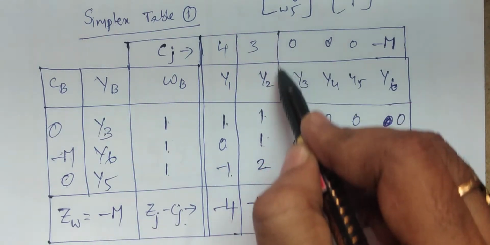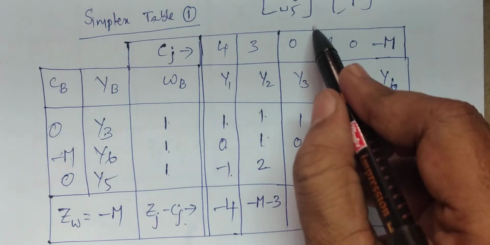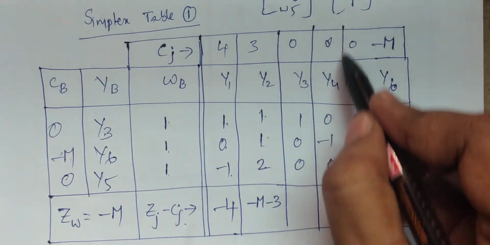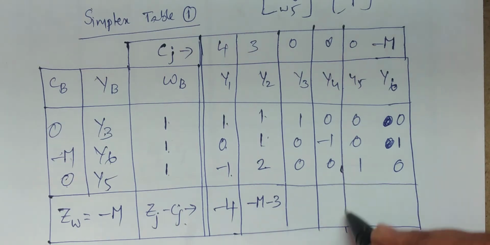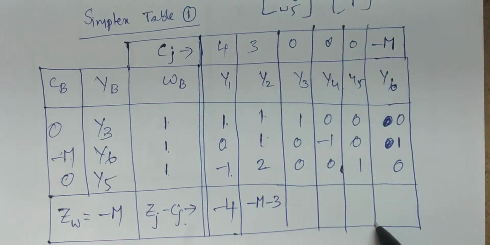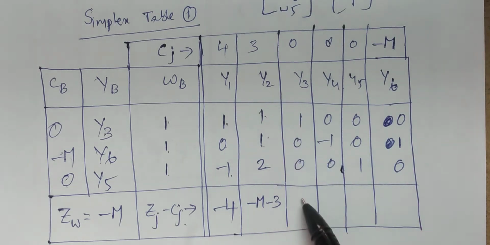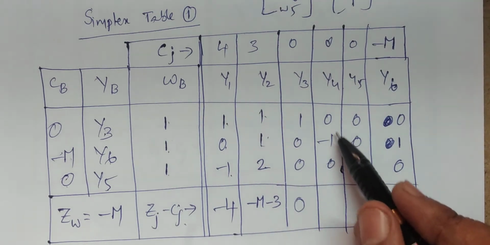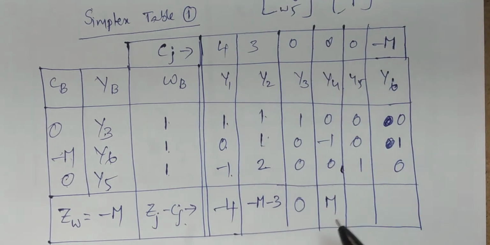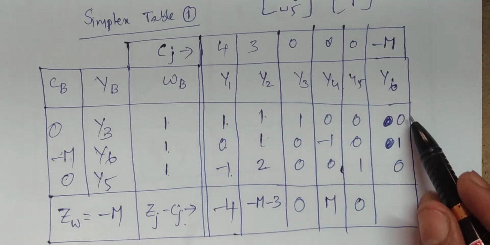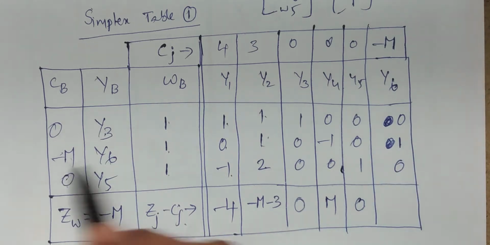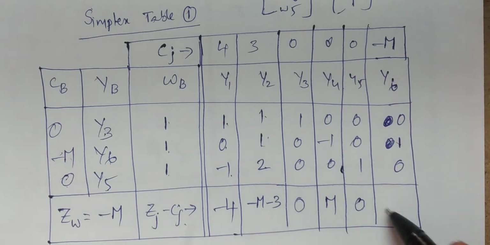So distinguish very clearly. For the next vector, it is 0 0 0 minus 0, it's 0. And the next vector, minus M into minus 1 plus M minus 0, and the next vector it is 0. And for the next vector, minus M into 1 minus M minus of minus M, plus M, 0.